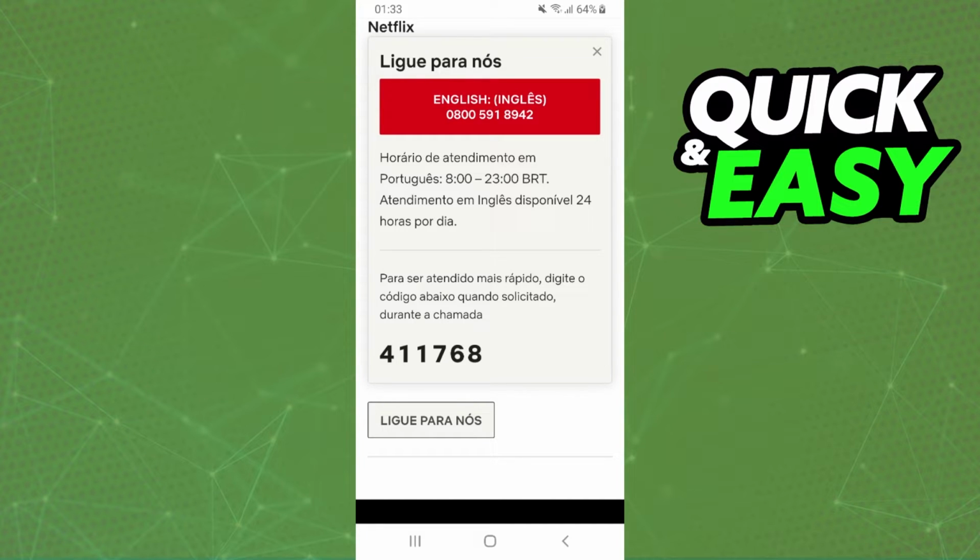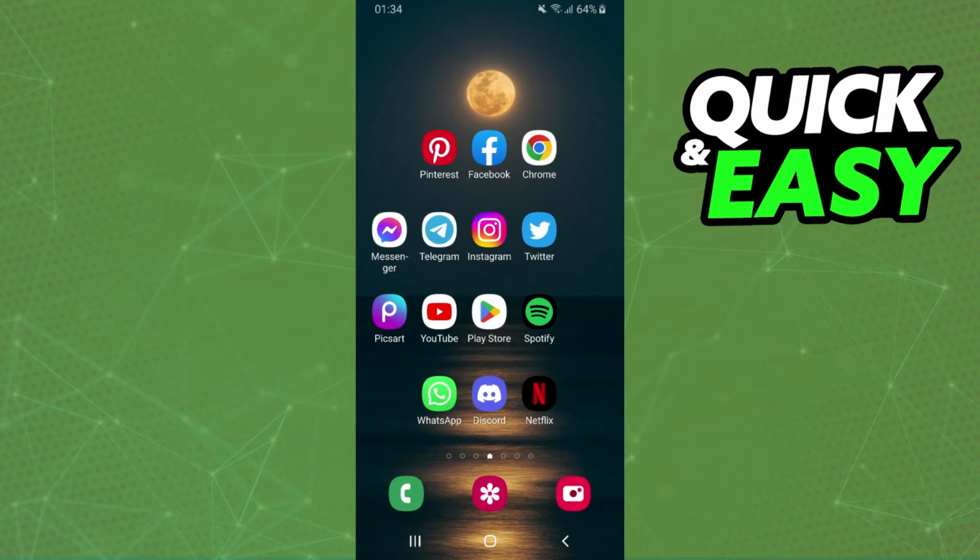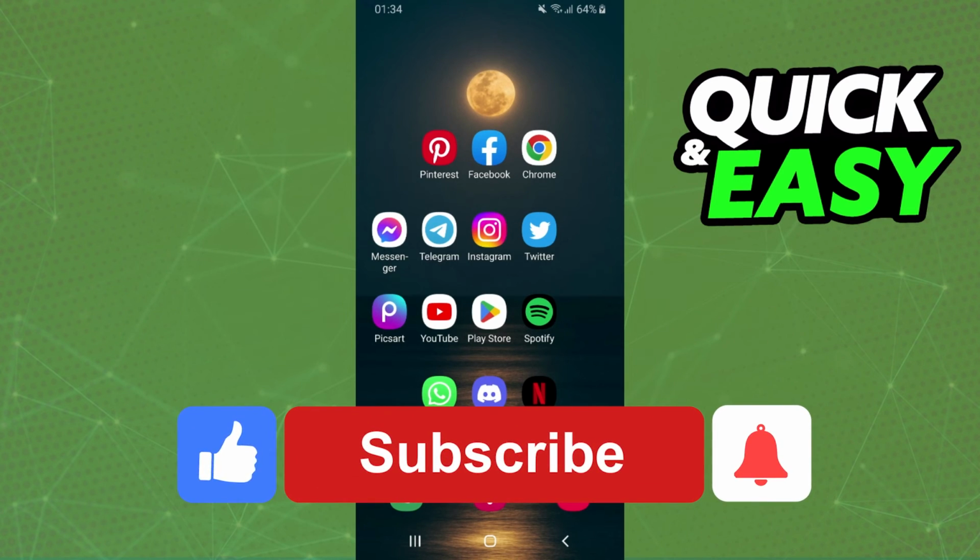After doing that, you need to explain your problem to Netflix. I searched a little bit and found on the Netflix official website that this process is what you need to do, okay? So call Netflix and explain the error, okay? This error usually occurs when you travel a lot from country to country, so be aware of that. I hope I helped you on how to fix the error: your account cannot be used in this location on Netflix.